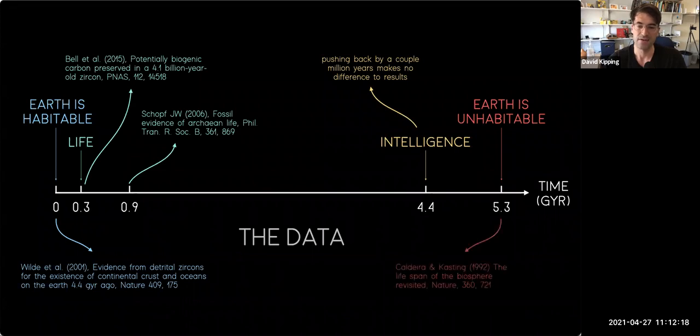And then finally, we know the Earth will not be hospitable to complex life forever. Actually, the evolution of the sun is going to bring an end to it, probably far sooner than our intuition from astronomy might guide us. We often think of the red giant phase as maybe being an endpoint, but actually the sun's gradual warming will lead to a termination of the long carbon cycle, the slow carbon cycle, after about 0.9 billion years in the future, at least as estimated by this paper by Caldeira and Kasting. So there's a finite window, and it's kind of interesting that intelligence emerges quite late on.